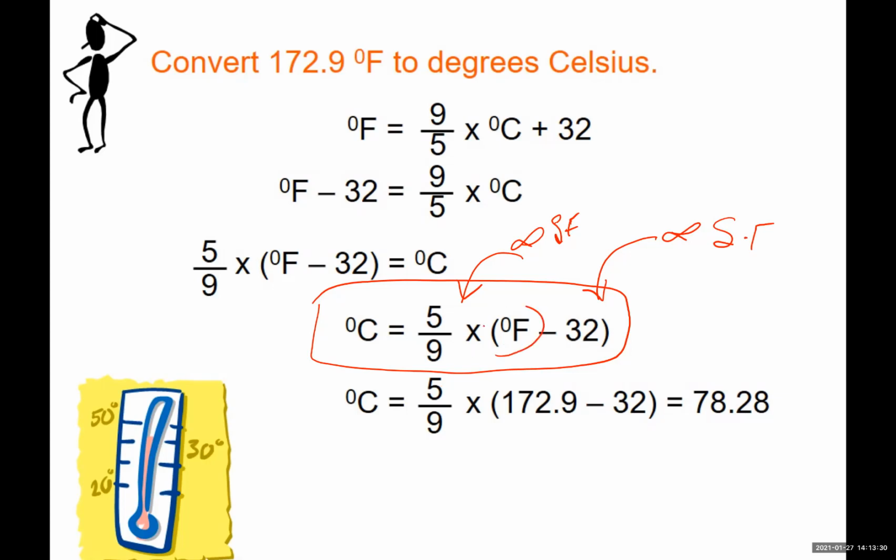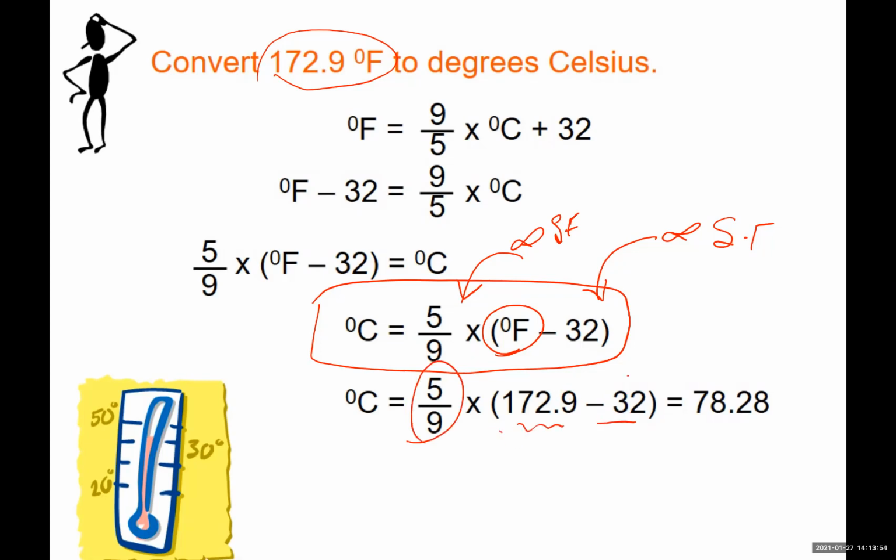So what matters is this number that decides the number of significant figures in the answer at the end. We are giving you 172.9 Fahrenheit. If I want to determine the formula for Celsius, all right, 5/9 times